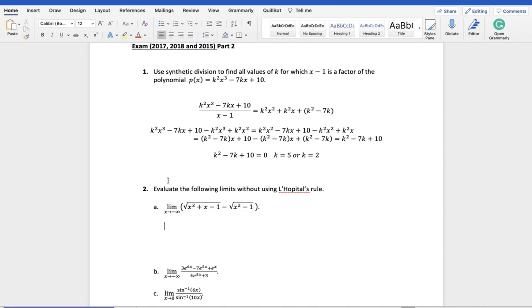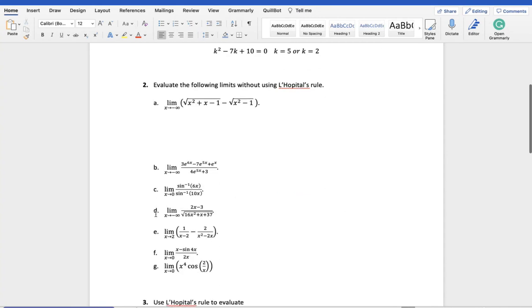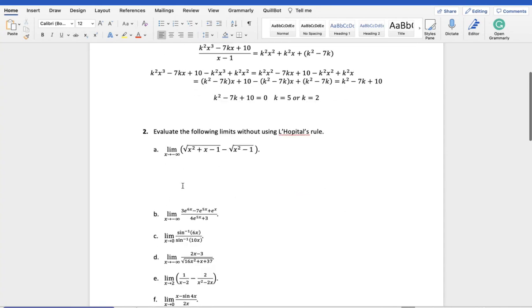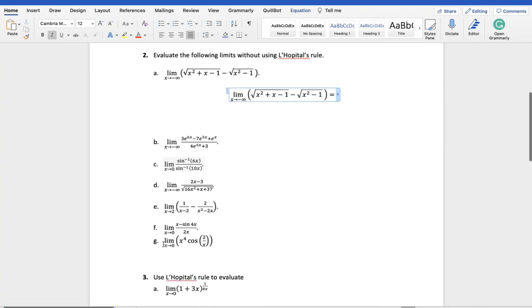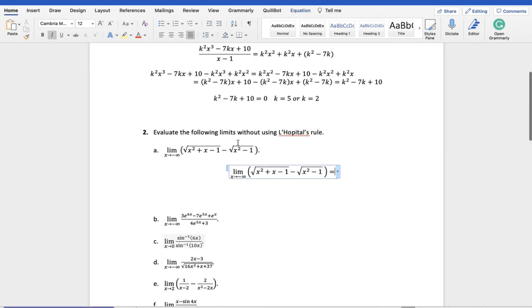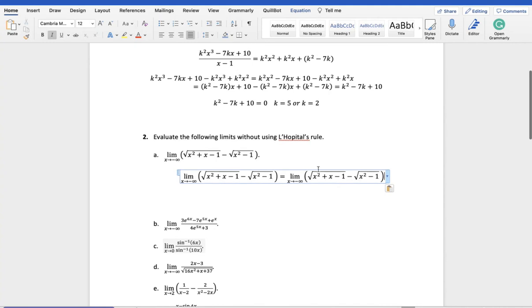All right, moving on. We have to solve these limits without using L'Hopital's rule. Of course, we know that L'Hopital's rule is very convenient in solving these problems, and it would be very easy to use, but they want us to not use it and find other ways to solve this. So for limits like this, for example, the first example here,